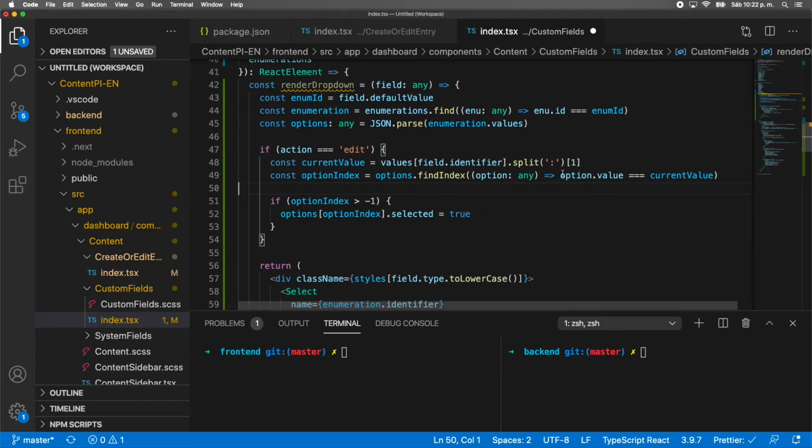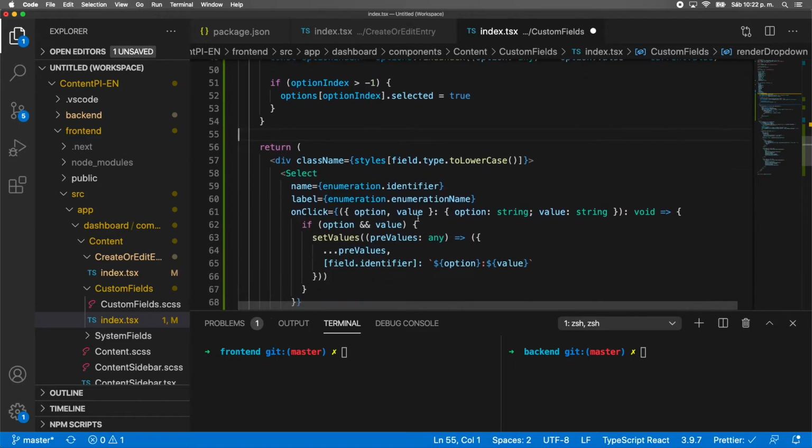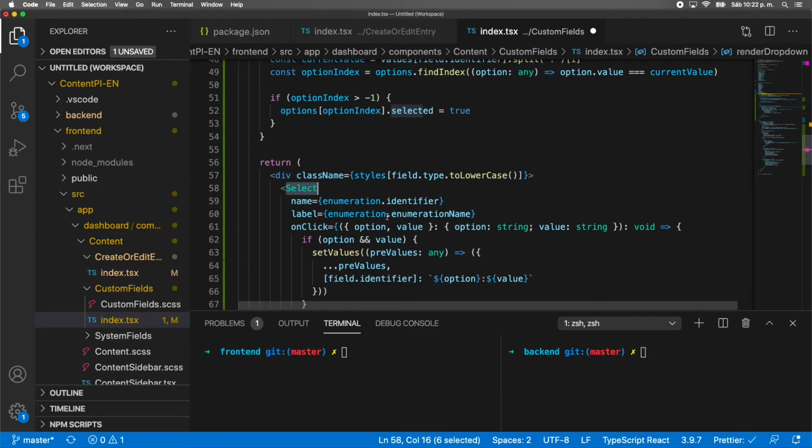So basically, when we split with the colon, we are getting the actual value, not the label, just the value. And then we are finding that option in our options array. And if we find that option, we are going to mark it as selected. You will see how that part works a little bit later, because basically here on this select is how we are handling our drop down